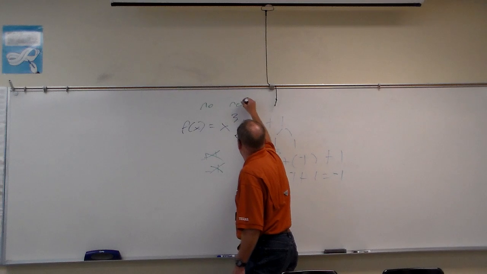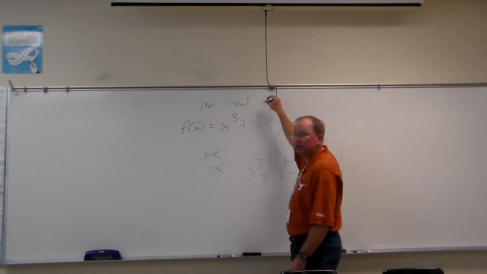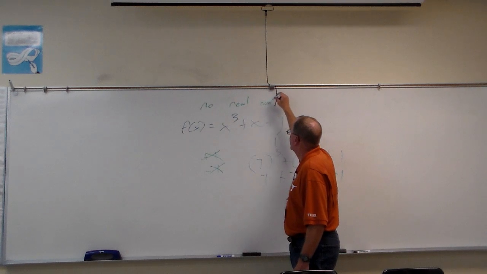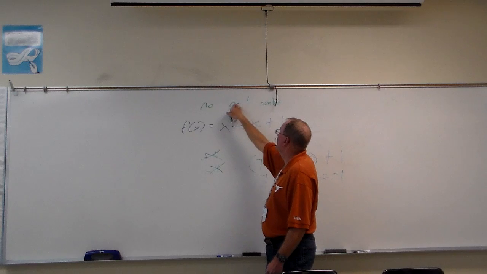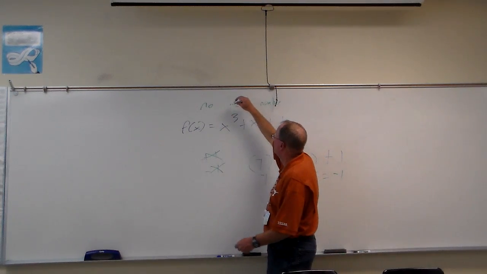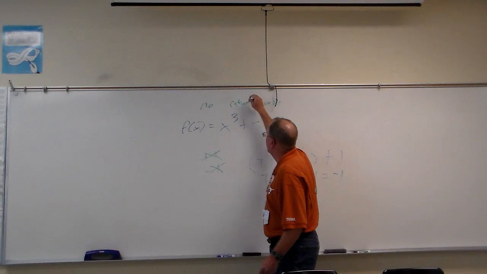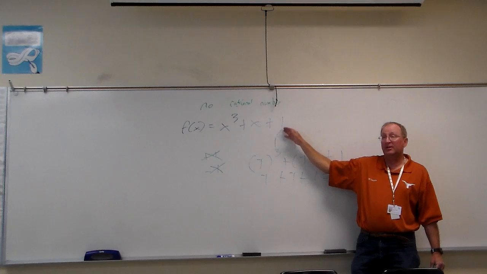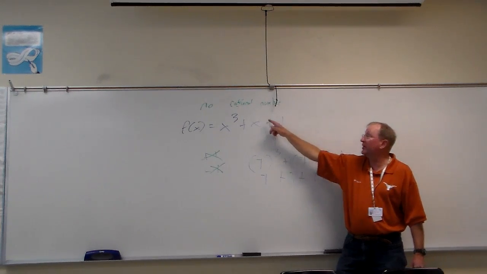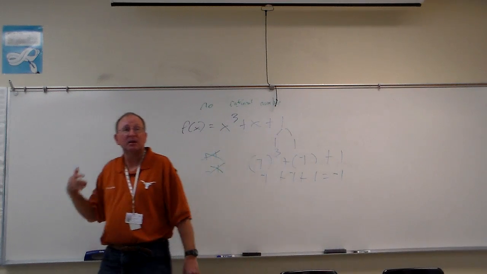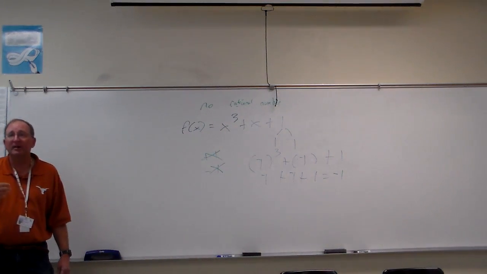So that means this one has no real number answers. I should say, I think the exact word is rational. It has no rational answers. In other words, your answers would only be square root answers. That's what it means. Your answers will only be like square roots, which are irrational answers. Okay? You have no rational answers. All right? Go ahead and